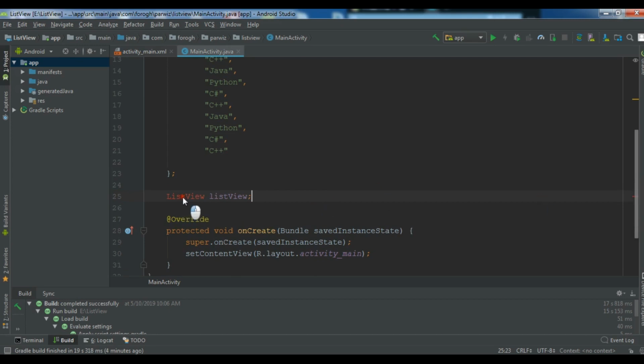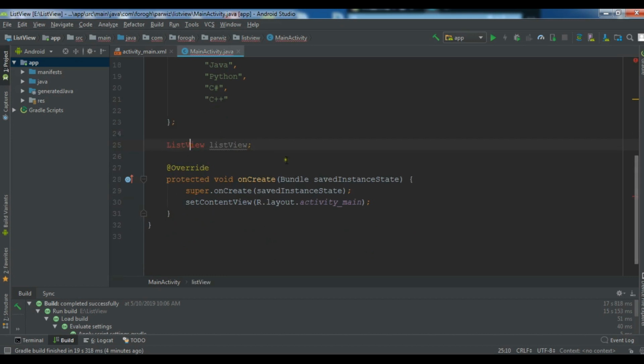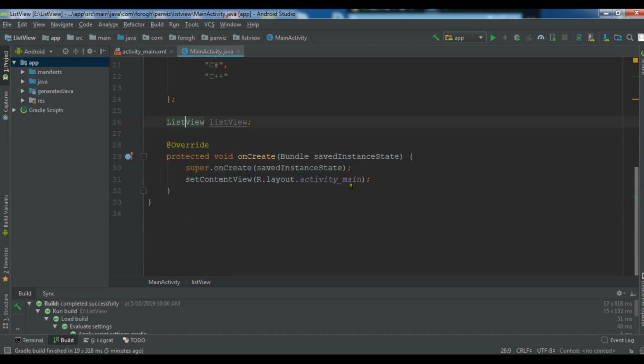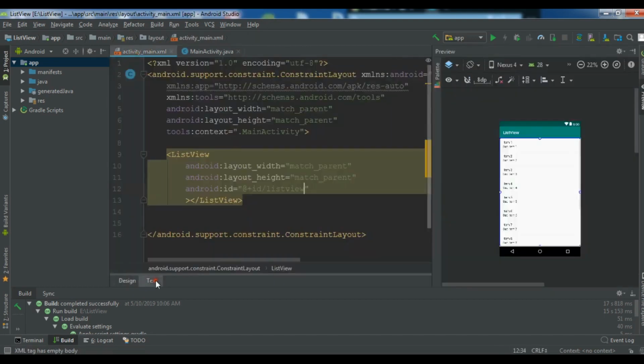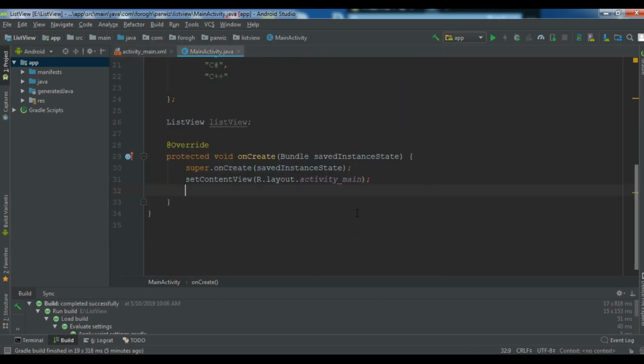We need to import this ListView, so you can hit Alt Enter, and the ListView will be imported. Now we need to find our list view, because if you see in here we have given an ID. So now we need to find this ID. So you can say listView